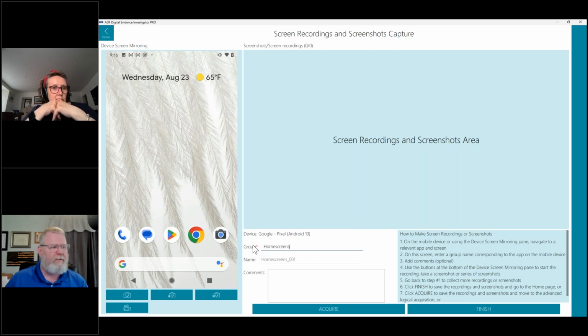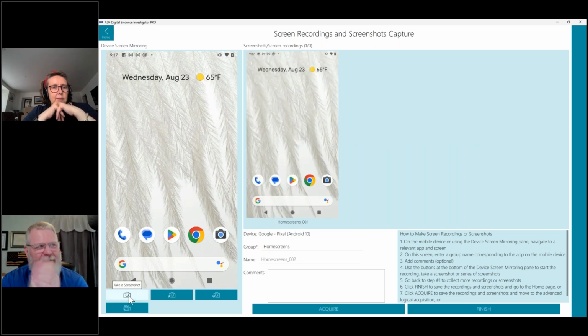So when we're all done, if I just wanted to take a screenshot of this date and time that I started it, you can see here, this is the date. Beautiful weather right now here at 9:17 in the morning. That's very hot for Scotland, let me tell you. So I just hit the screenshot button there below, and you can see now I've memorialized what was on the screen here.